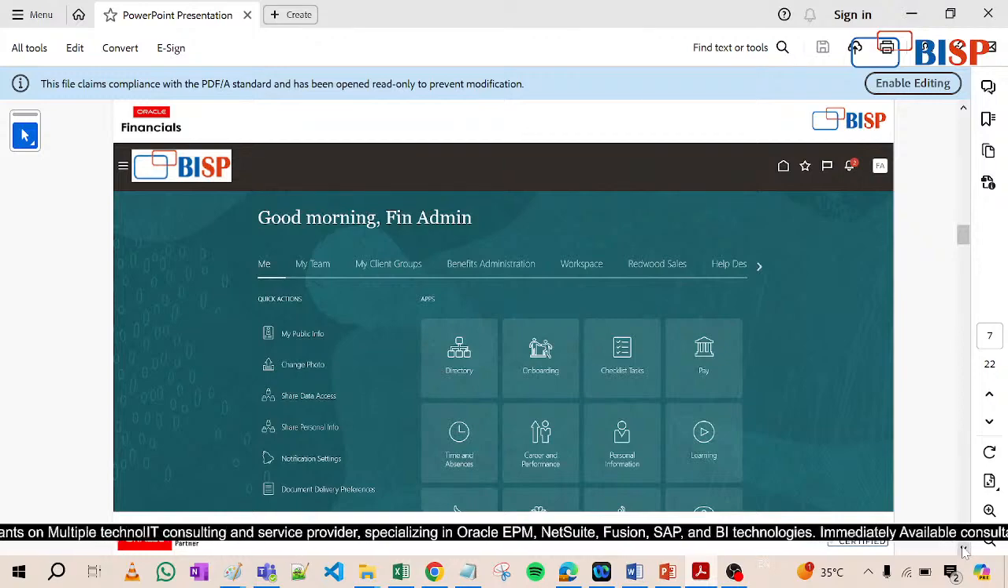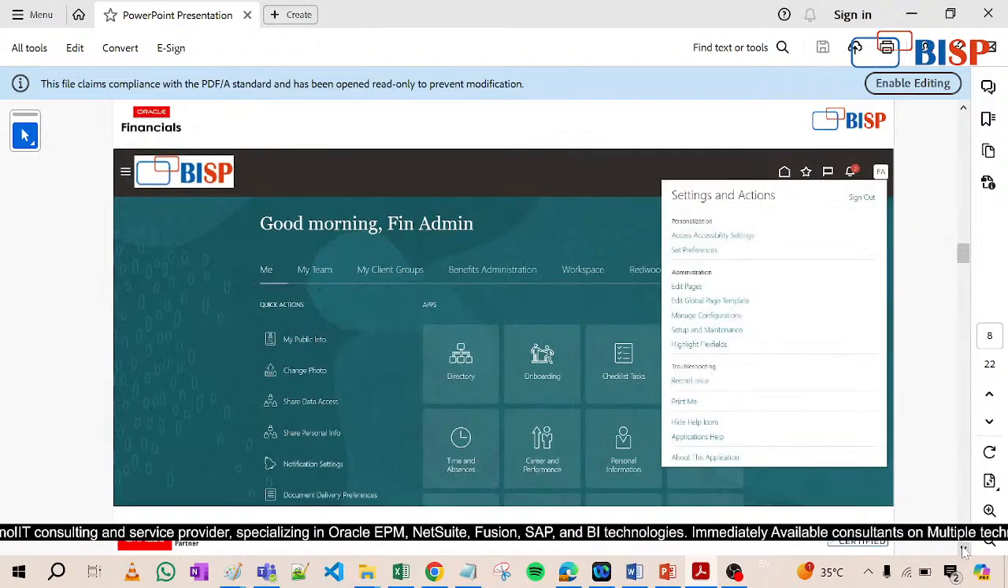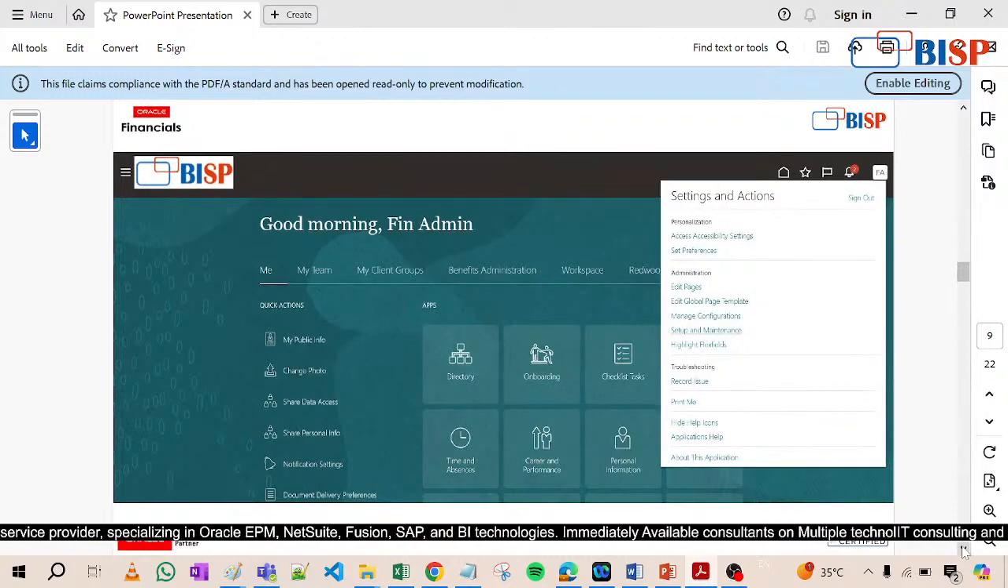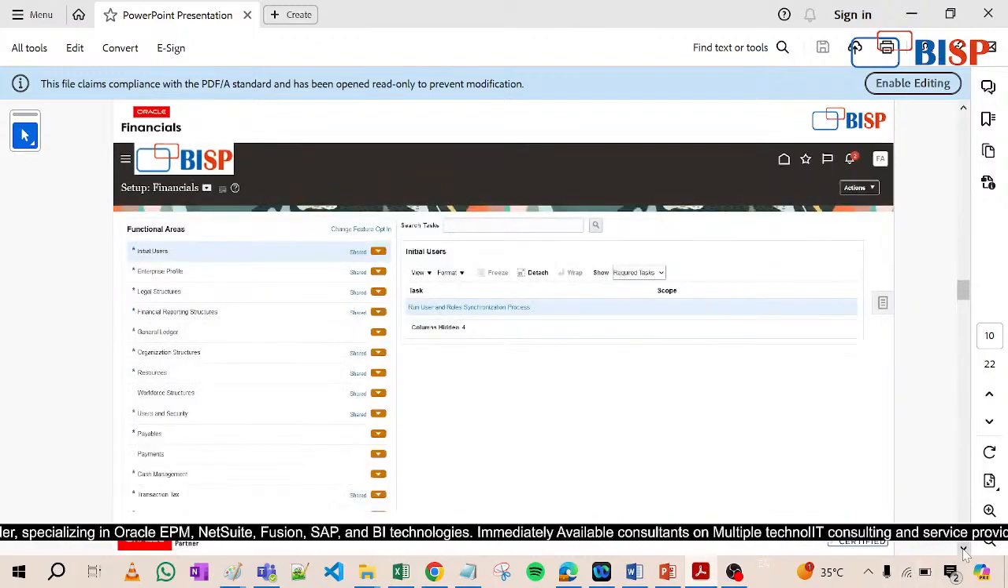Clear? The internal interface of the Fusion would look like this. Now here you have to go to the option which is on the right side, setup and maintenance. You have to go to setup and maintenance, right? Now in this setup and maintenance,